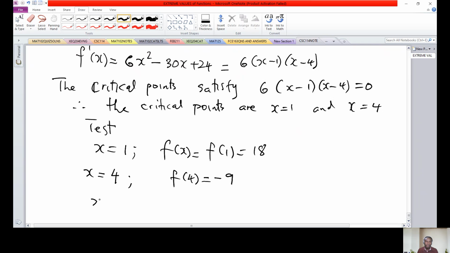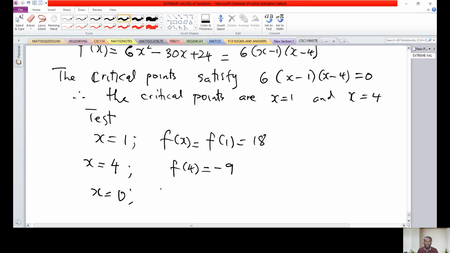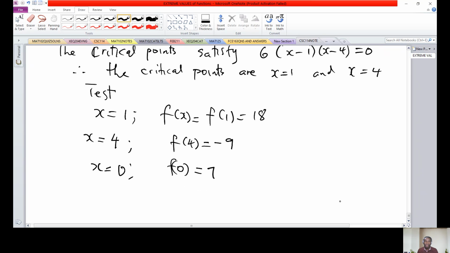When x equals 0, remember we test both the critical points and the endpoints, f of 0 is 7. And then x equals 6,